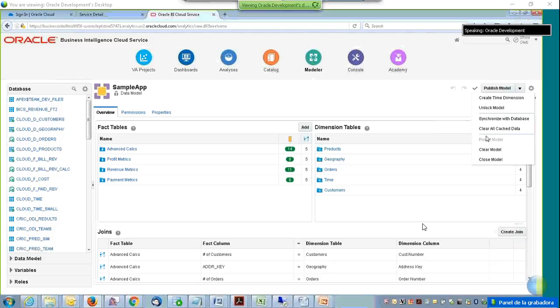Then we have clear all cache data. You can clear this model, in the sense that whatever objects you have as part of this data model will be completely erased. Then you can close the model, which means you will close this model. Then we have synchronize with database. So basically what synchronize with database means is,